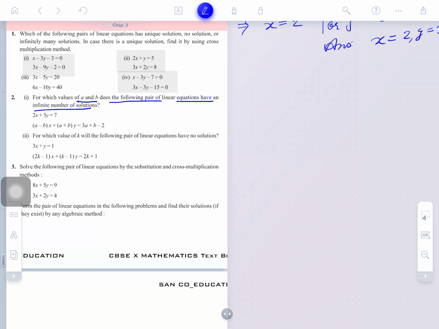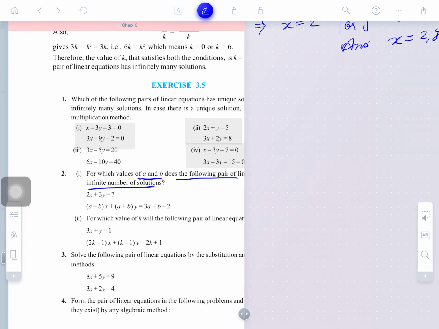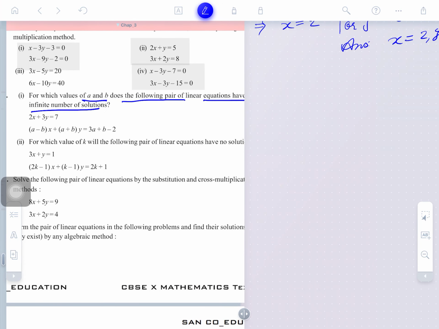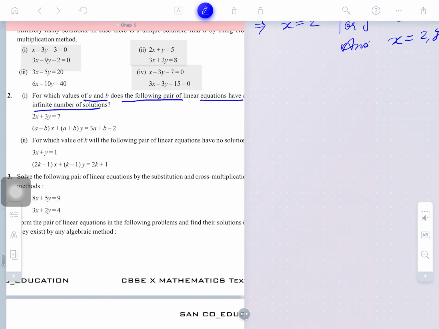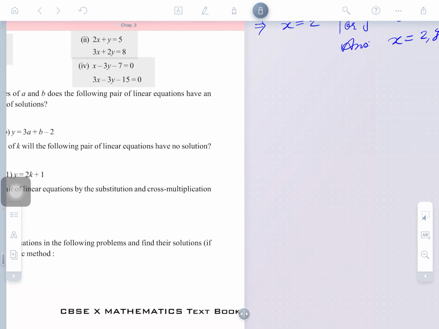If it is already given that the equations have infinitely many solutions, so what is to be done for infinitely many solutions? You will just write the condition given, infinitely many solutions. So it's a pair of equations, so we'll copy the line, the concept here. The following pair of linear equations have, here you may say pair of, this line is important here. Clear?